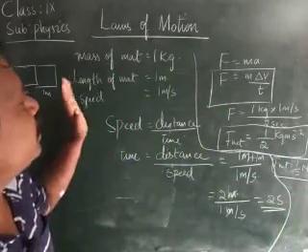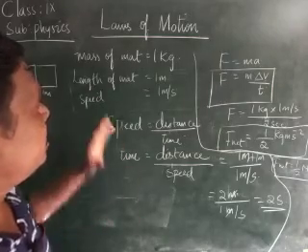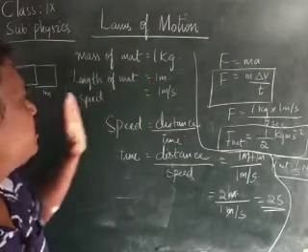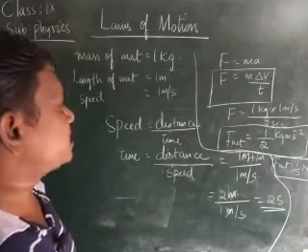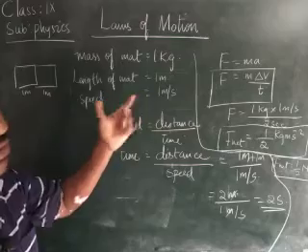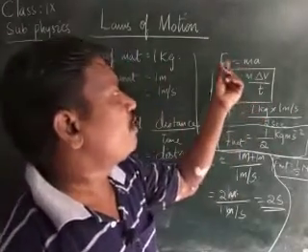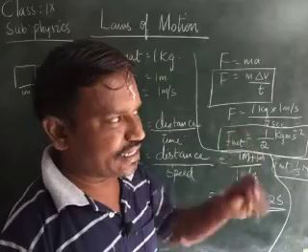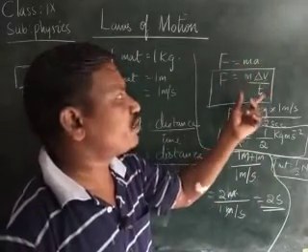Have you got the idea? Here the mass of the mat is given as 1 kg, the length of the mat is given as 1 meter, and the speed is given as 1 meter per second. He is asking to find the force. Therefore, to find the force, normally we require mass and acceleration. Acceleration is nothing but the change in the velocity with respect to the time.